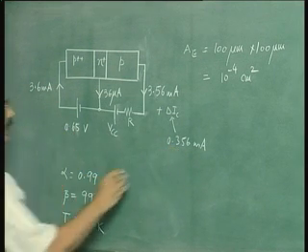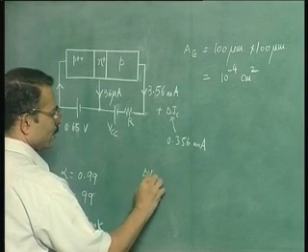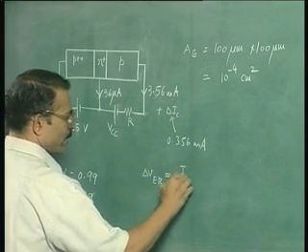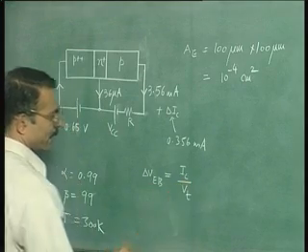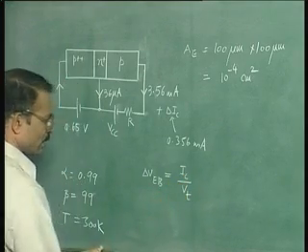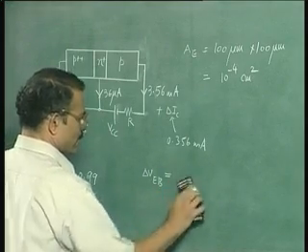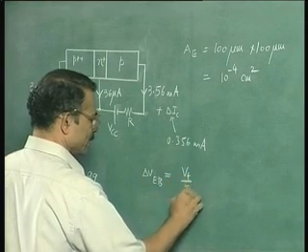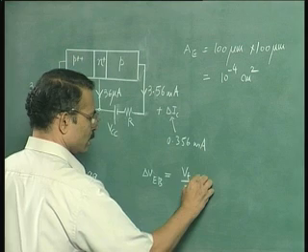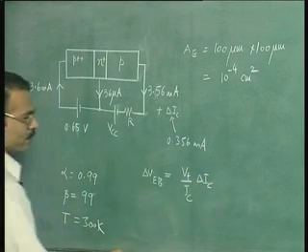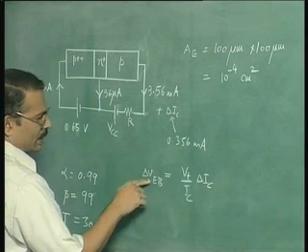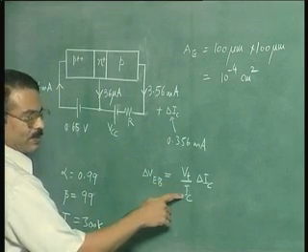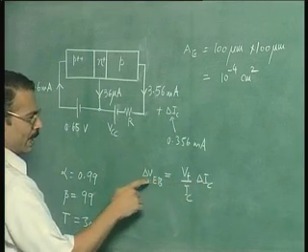We can easily find out as follows: delta VEB is equal to VT by IC into delta IC, right? Because delta VEB by delta IC is VT by IC,